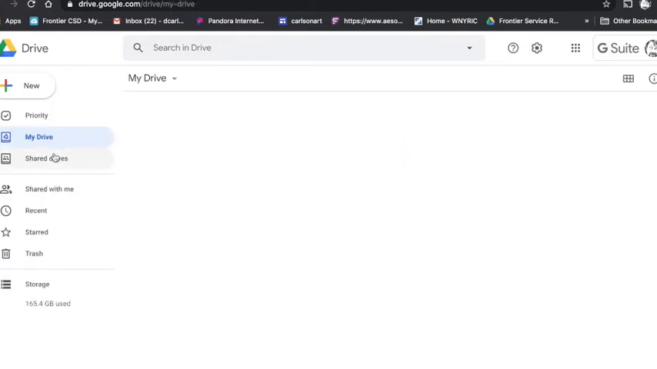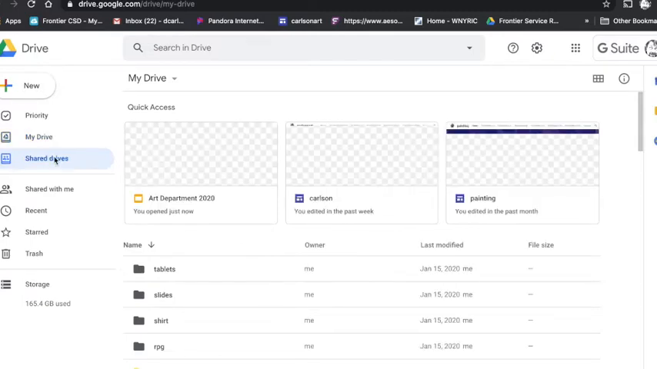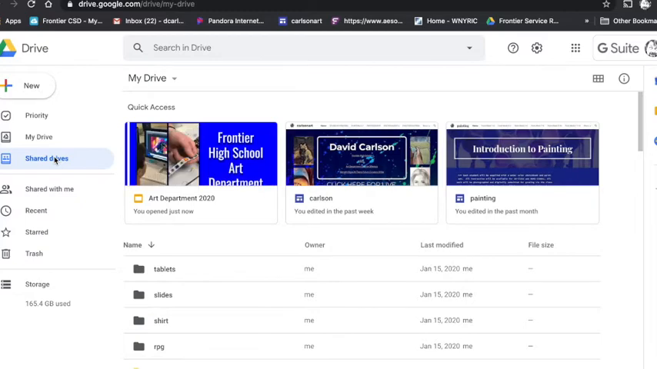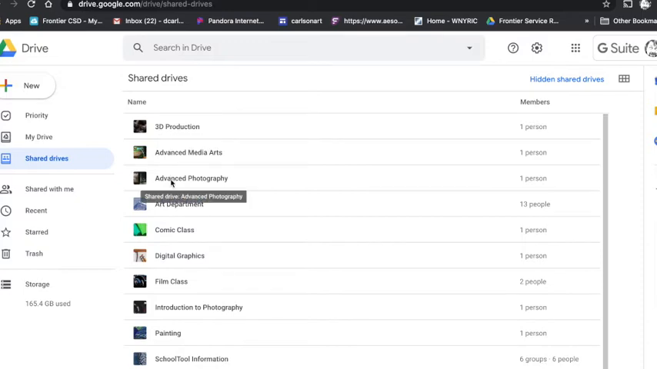It says My Drive, but right below, if you click on Shared Drives, once I get my class list names, this will get sent out to you. Under Shared Drives, there will be a link for your class once I invite you and you accept it. So if you were in 3D production or advanced media arts, there would be an extra folder in here, and whatever you drag and drop into this shared folder